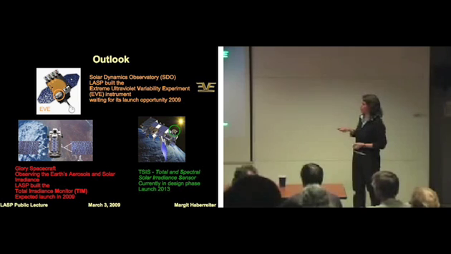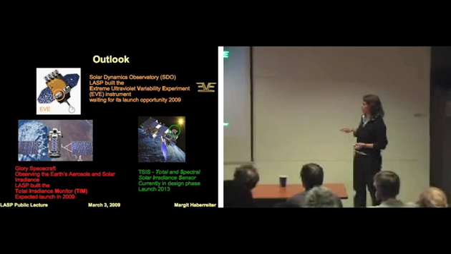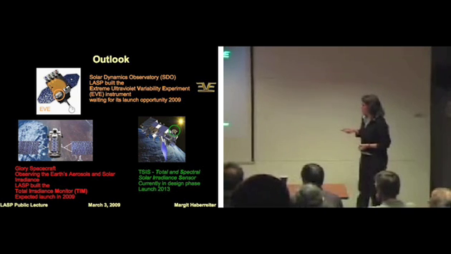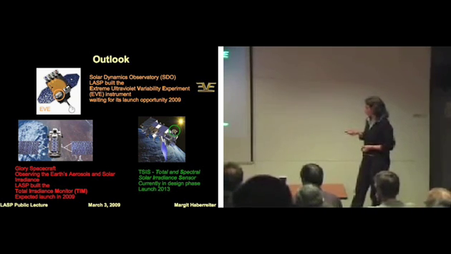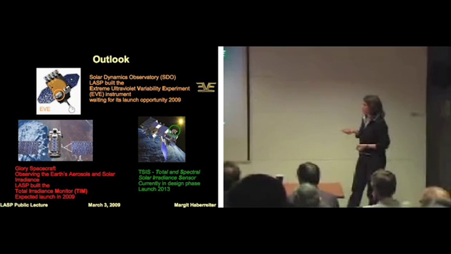And then there's the GLORY spacecraft with a TIM instrument, the Total Irradiance Monitor, on board. And this is also expected to launch this year. And then there's the upcoming TSIS, the Total Solar Irradiance Sensor